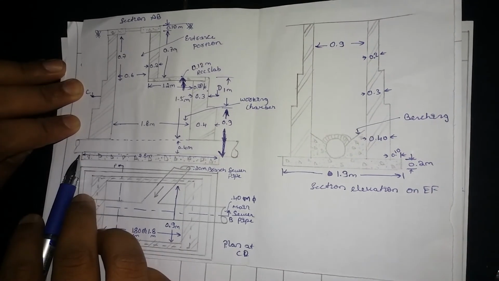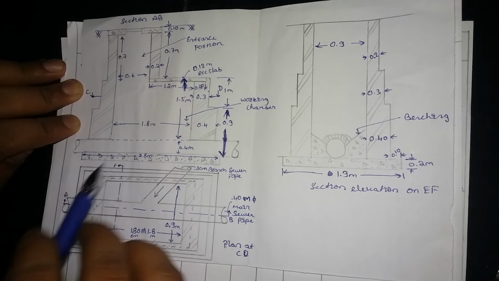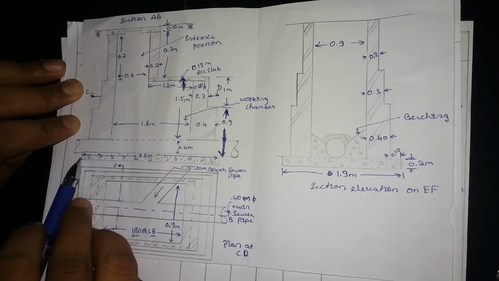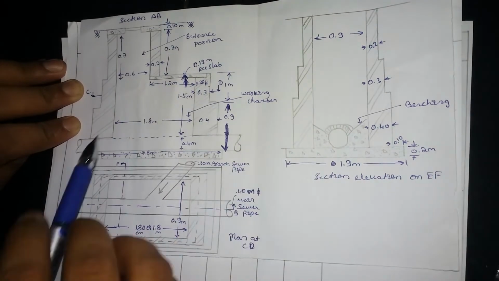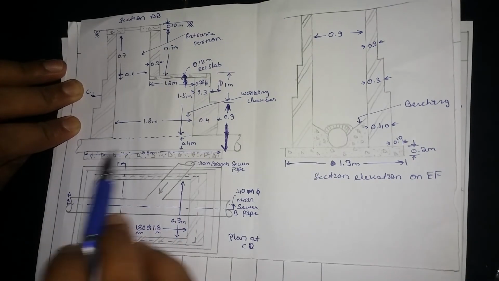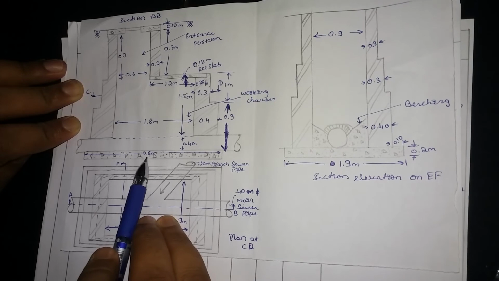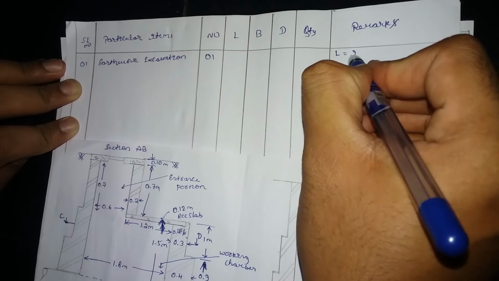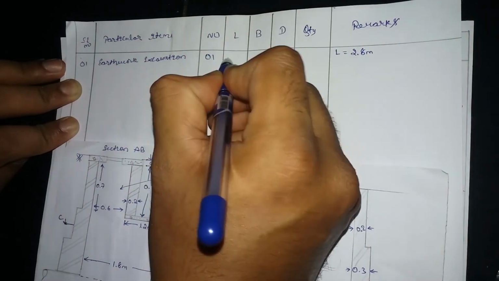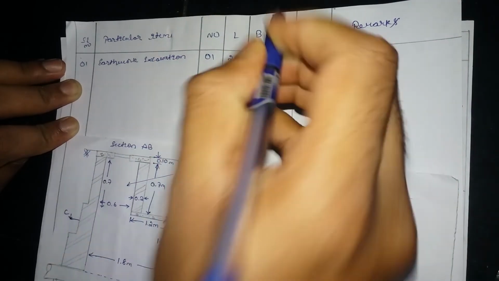Okay, don't consider this pipe. This pipe usually will be there. So this is your edge point. This is already given in the question, that is 2.8 meter. You can see it in the figure very clearly mentioned. From this point to this point it is 2.8 meter, it is given clearly. So this is your length, I am writing that part. So your length will be 2.8 meter, which is given directly in the question.